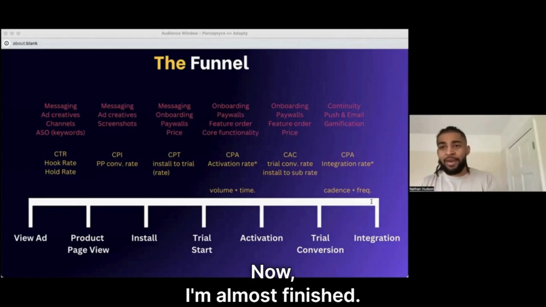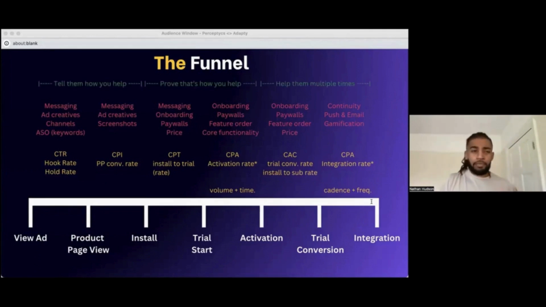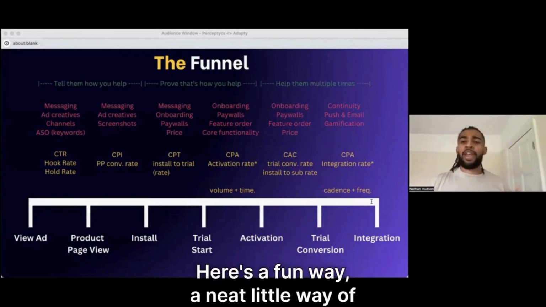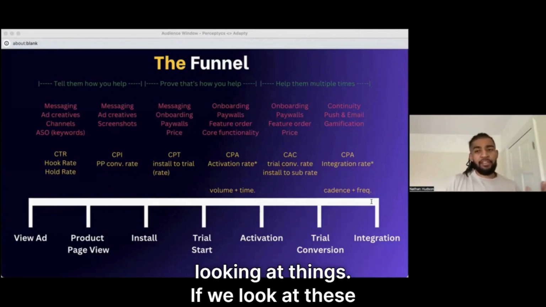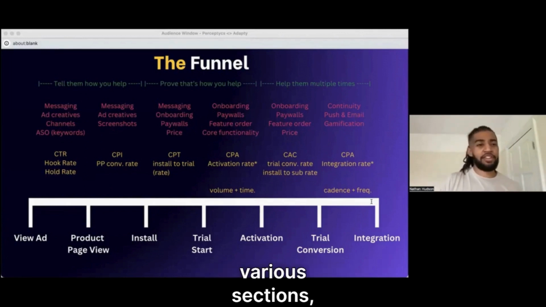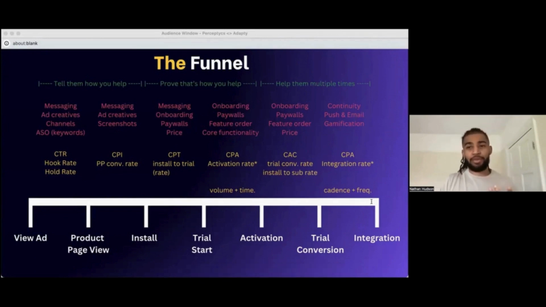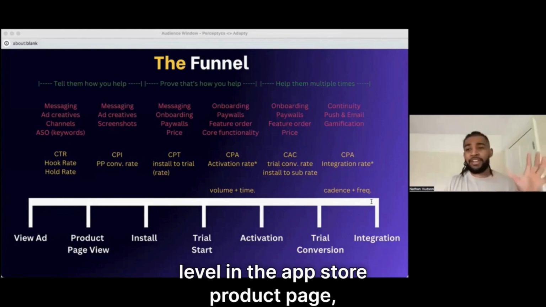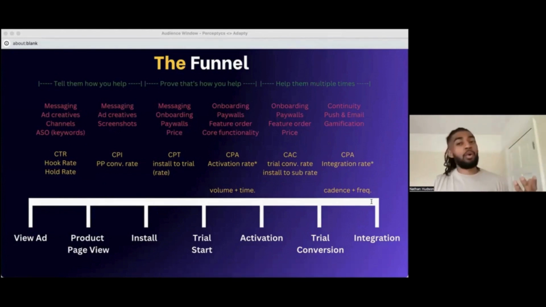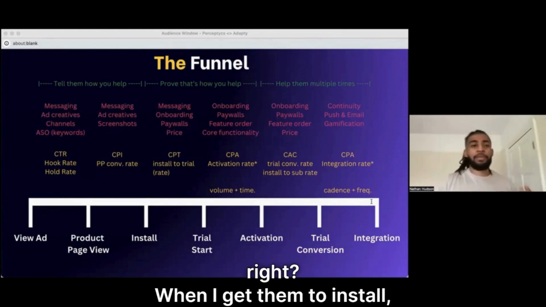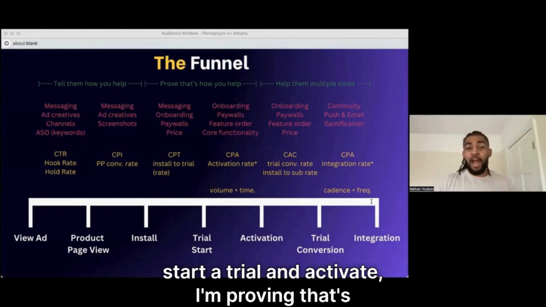Now, I'm almost finished. Here's a neat little way of looking at things. If we look at these various sections, the first section is you telling them how you can help, right? At the ad level in the App Store product page, I'm really telling them how I can help, or I'm alluding to value, right? When I get them to install, start a trial and activate, I'm proving that that's how